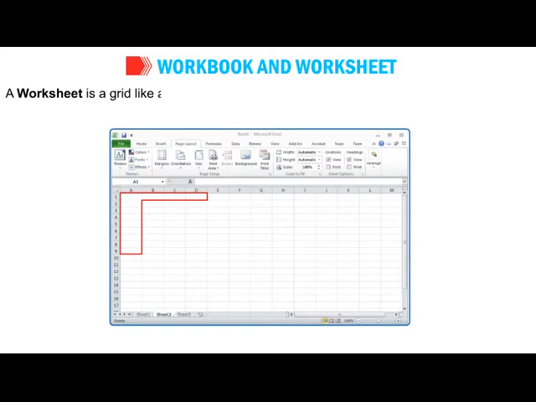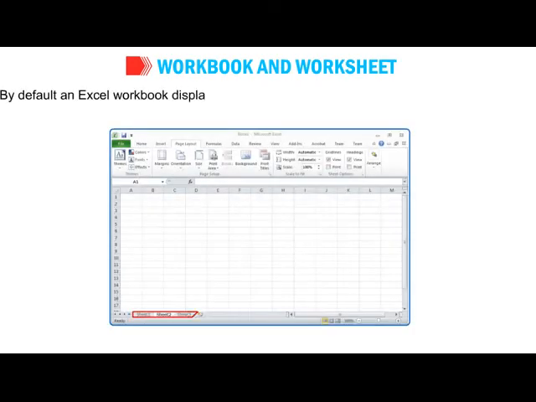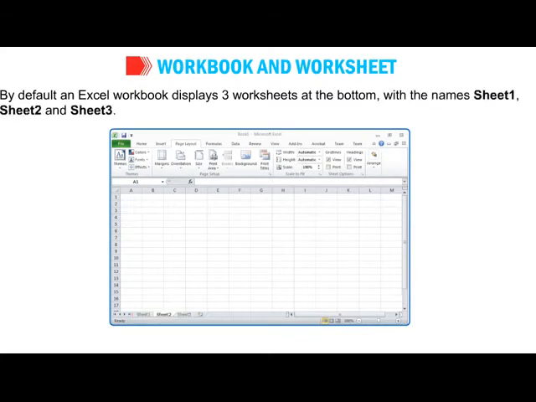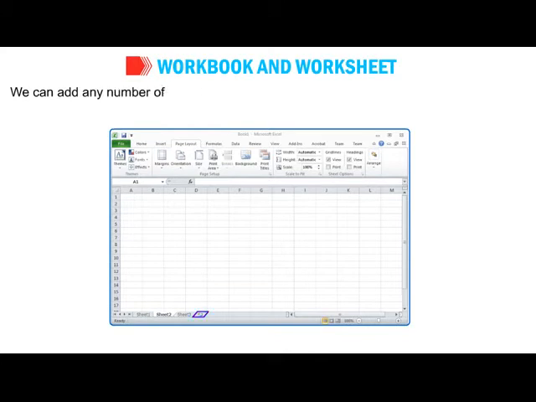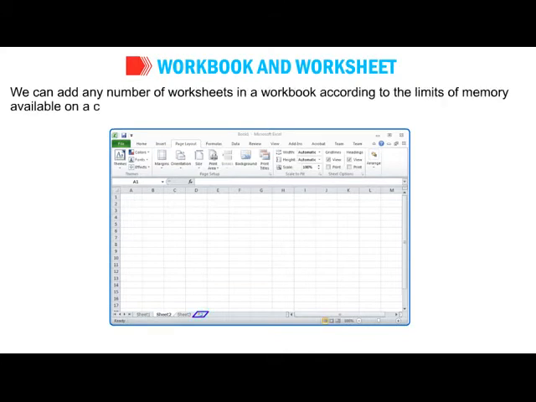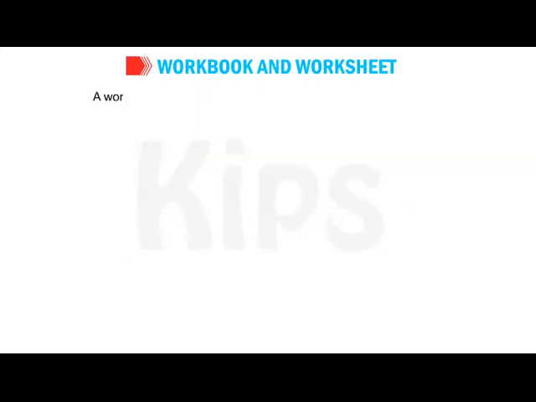A worksheet is a grid-like area made up of rows and columns where you can enter and work with data. By default, an Excel workbook displays 3 worksheets at the bottom with the names Sheet 1, Sheet 2 and Sheet 3. We can add any number of worksheets in a workbook according to the limits of memory available on a computer. A worksheet consists of